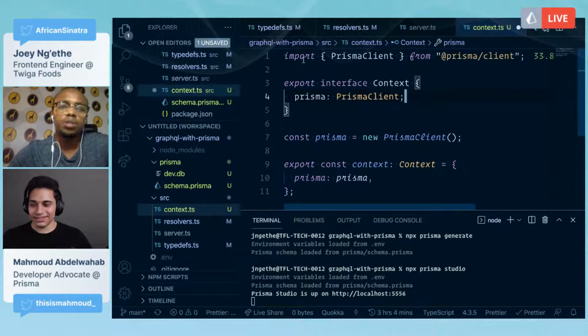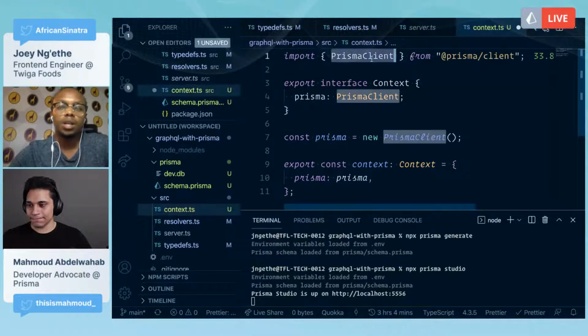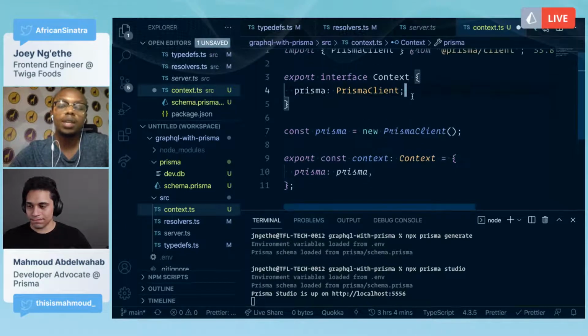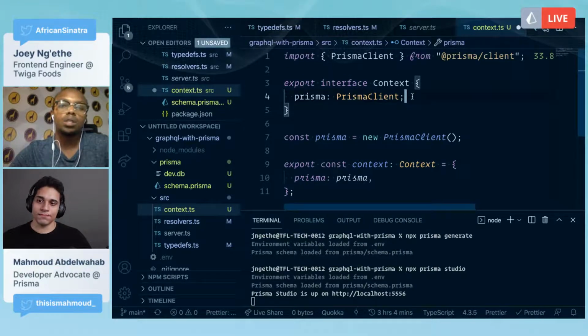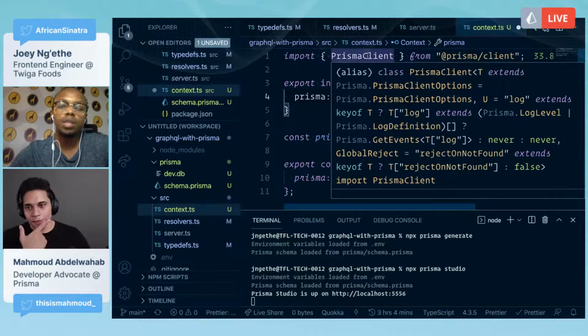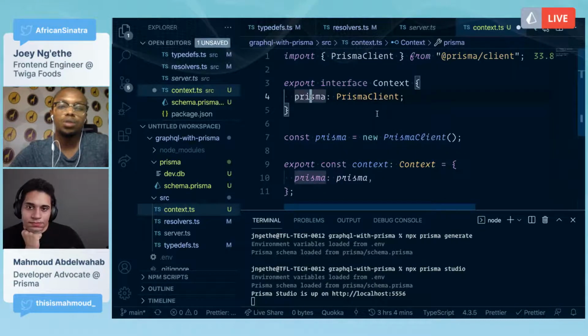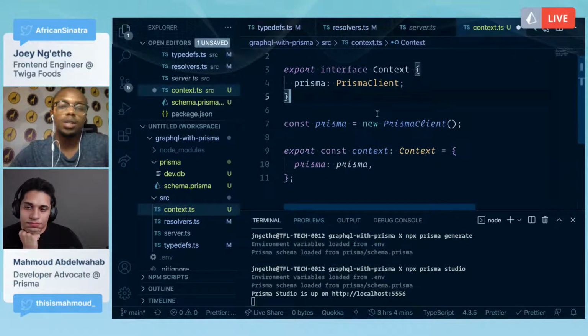The first thing we're doing here is importing the Prisma client. This is what was generated by Prisma, and it is a client that is tailor-made for our database. We defined our database, and it has type definitions for us, and we're going to use this to interact with our DB, read data, and return it to our API.